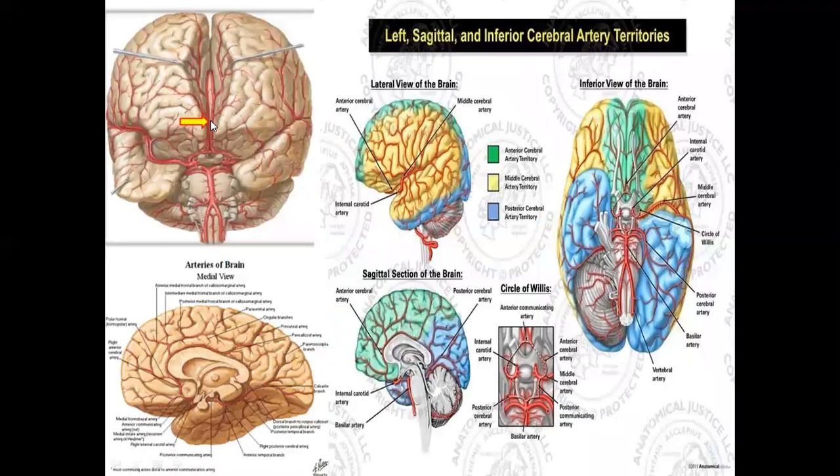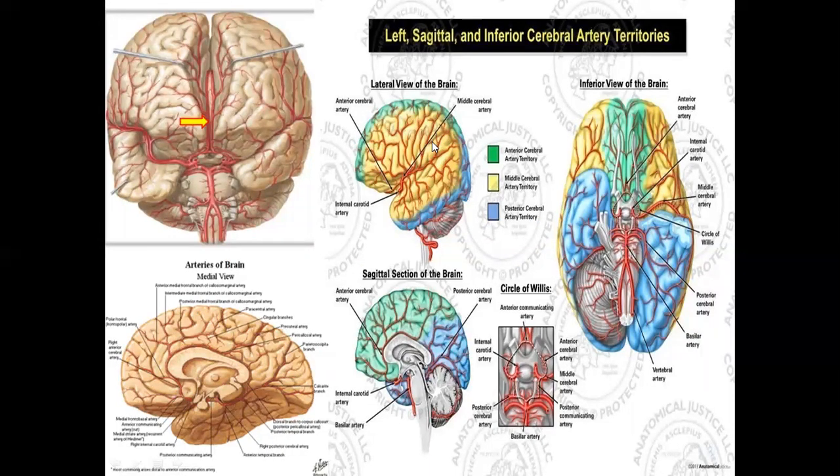So this is the anterior cerebral artery, a terminal branch of the internal carotid artery. These two run between the two cerebral hemispheres, and the anterior cerebral artery winds round the corpus callosum and supplies the medial surface of the brain. It also supplies a very small area, shown in green, the upper margin of the superolateral surface. This is supplied by the anterior cerebral artery. So it runs between the two cerebral hemispheres, winds round the corpus callosum, supplies the medial surface of the brain, and also supplies a very small area of the superolateral surface.